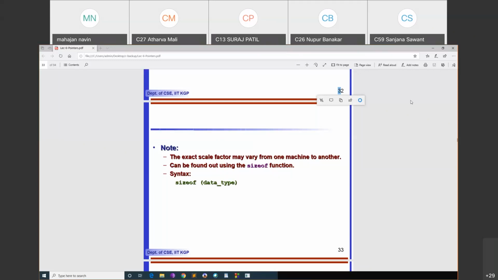Okay, so what I will do? Maybe tomorrow I will hold the last lecture where I will cover C, and from the next lecture onwards, next week, we'll start with the first chapter of DS. I will skip the initial part, since we have already covered C data types and all. We'll start with data structures. So tomorrow just remind me, we have covered around 32 slides. We'll cover the whole thing and close this one.